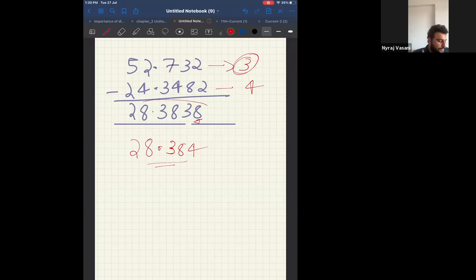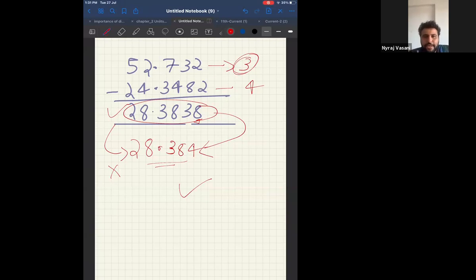Now your earlier answer might be different, but if your final answer is correct, you still get full marks. Do you understand? If your final answer after applying the rule is correct, even if your previous answer is a little wrong, you will not lose any marks. But if the previous answer is correct and the final answer is wrong, then you will lose marks. I hope the examples and the logic are clear.